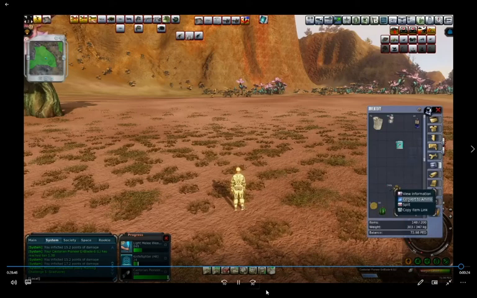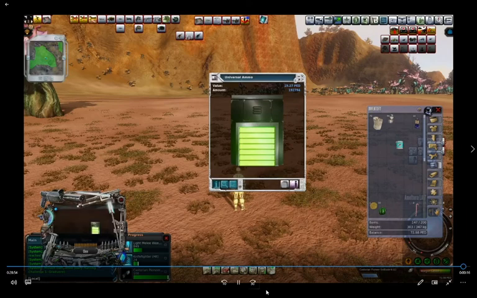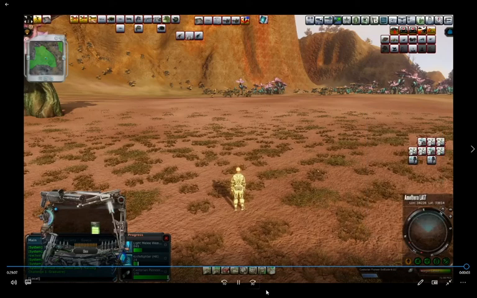And we'll find something else out there to kill. Something to explore. Yeah, there's only 4 items loot other than shrapnel, but